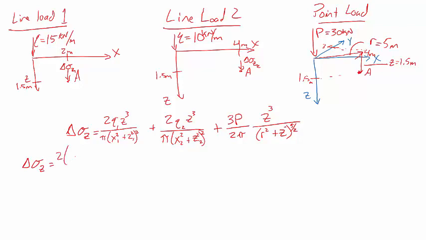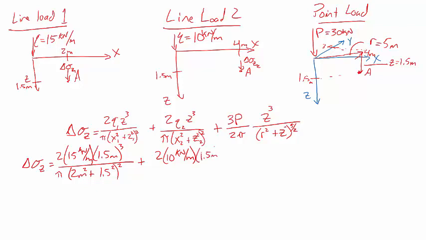Sum of the vertical forces is 2 times 15 kilonewtons per meter times 1.5 meters cubed, divided by pi, times x1, in this case is 2 meters squared plus 1.5 meters squared, quantity squared, plus 2 times 10 kilonewtons per meter, 1.5 meters cubed, divided by pi times x, in this case is 4 meters squared plus 1.5 meters squared, quantity squared,